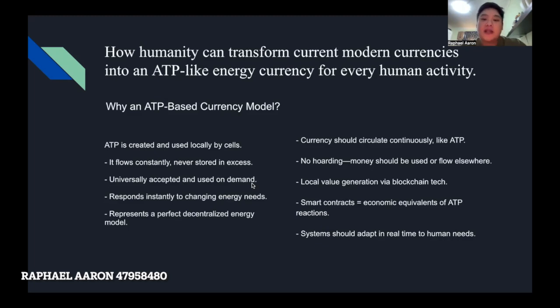Now imagine if our money worked the same way, always in motion, created where it's needed, and accessible by all. Instead of static wealth locked in speculative assets or centralized institutions, an ATP-inspired currency would circulate continuously, adapt in real time, and reflect actual human and environmental needs. Just like ATP responds instantly to shifting energy demands, our currency could become dynamic, linked to real activity, decentralized, and